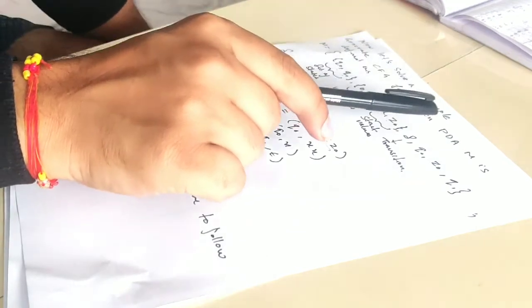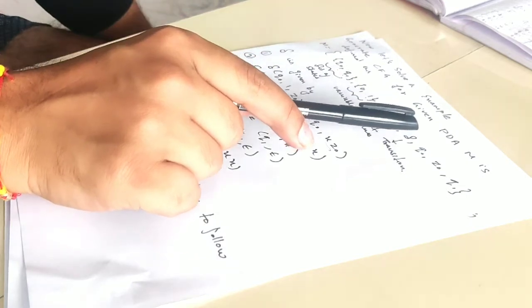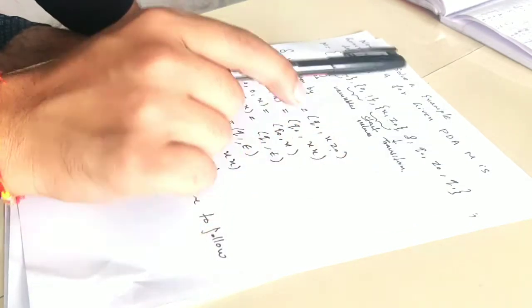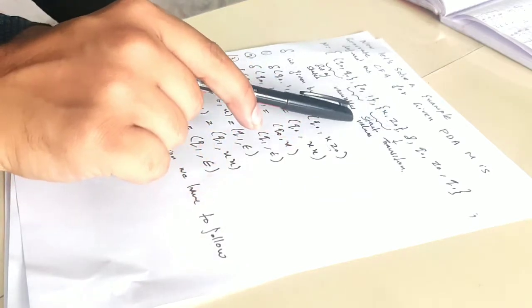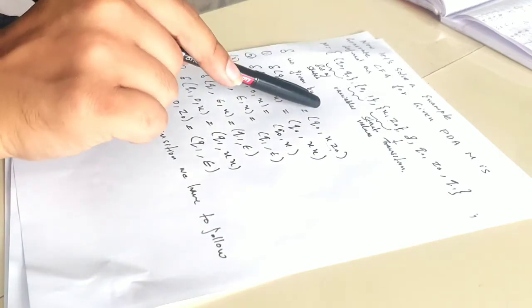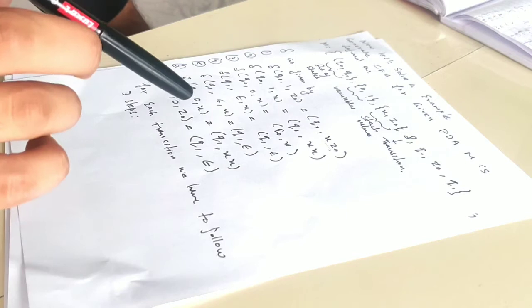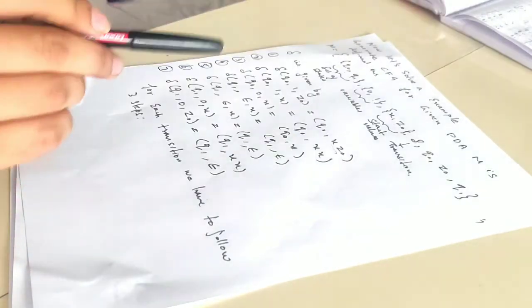Generate a CFG for the given PDA M, defined as M = ({Q0, Q1}, {0, 1}, {X, Z0}, δ, Q0, Z0, Q1), where Q0, Q1 are the set of states, 0 and 1 are the input symbols, X and Z0 are the stack symbols, and here δ is the transition. Now our transitions are given as follows. These 7 are our transitions, and for each transition we have to follow the three steps. As I have already told you about these 3 steps, we will check each and every step, and then we'll break down each and every transition.